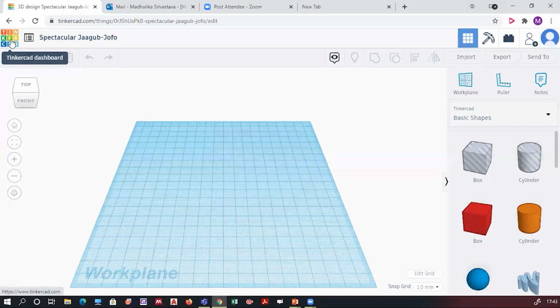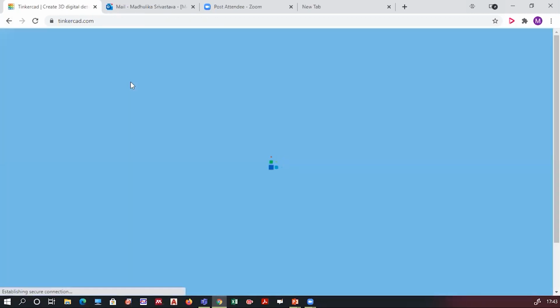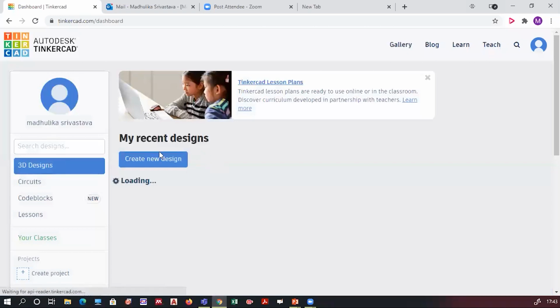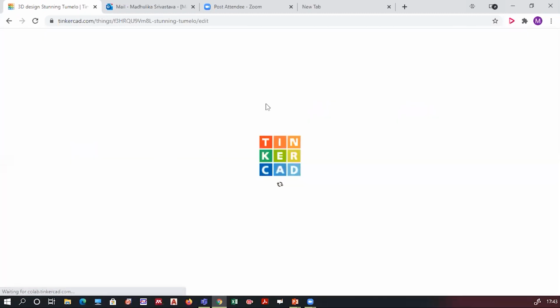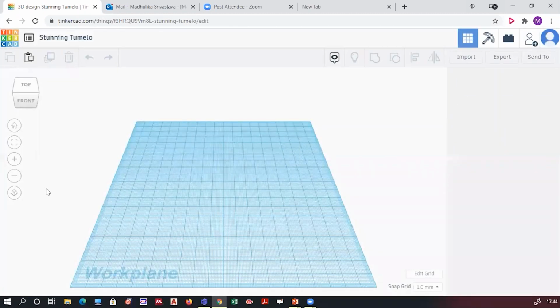It's not coming. Can you please repeat it once more? Okay, I'm going back to my dashboard. This is my dashboard and click on create new design. It will automatically take you to the interface of Tinkercad.